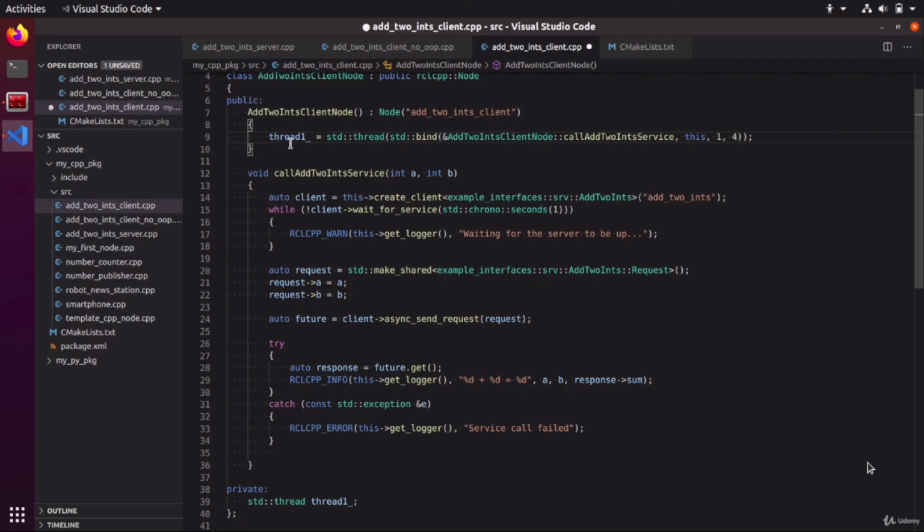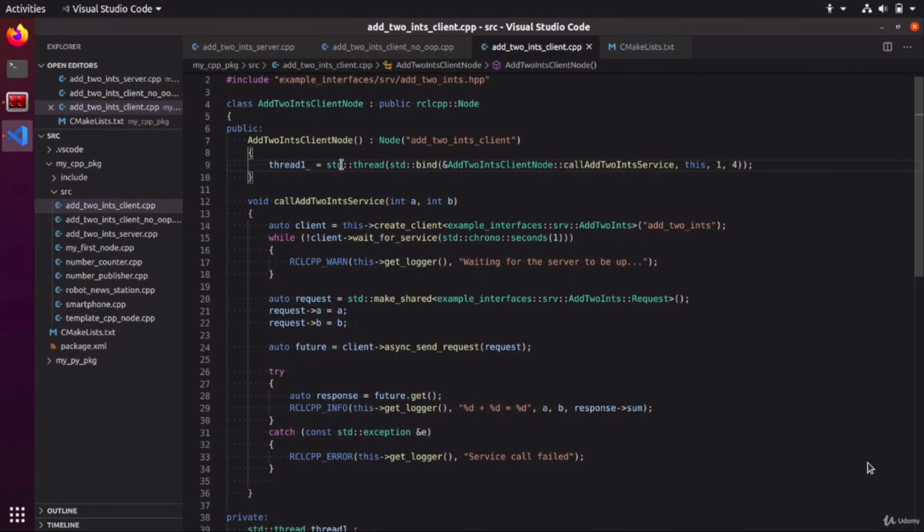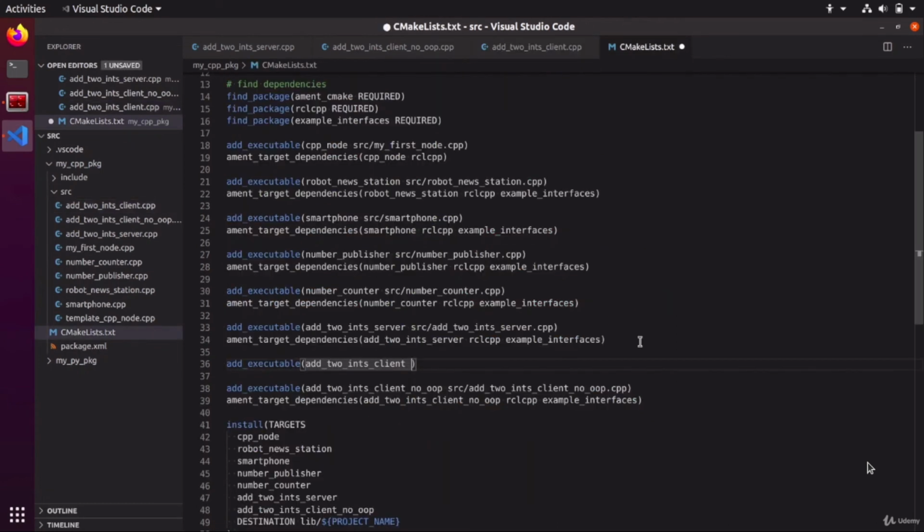So we save the file, and what will happen here is that when we create the node, then this will start a new thread with this function, and it will directly exit, so we can start spinning. And when we get to that point, the node will be spinning, so we will get the response, and we get then the result we want. Let's compile that, and we'll put it here at executable client